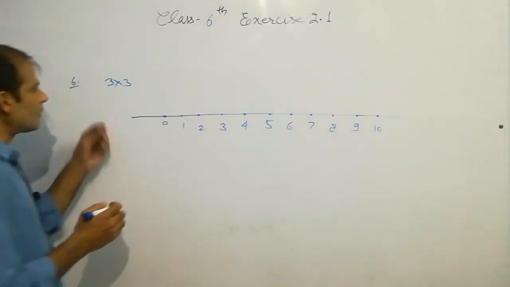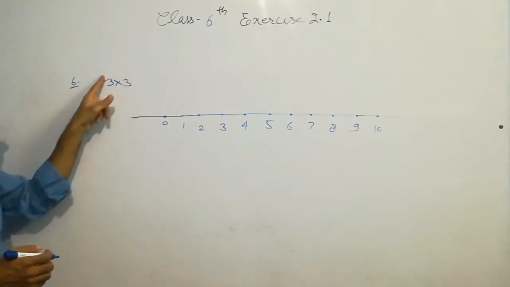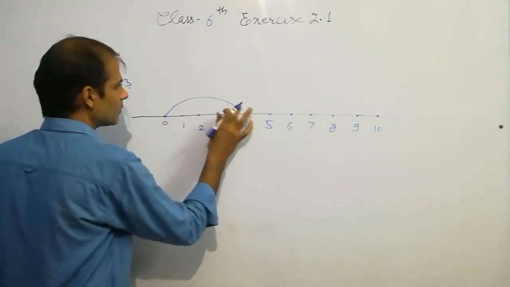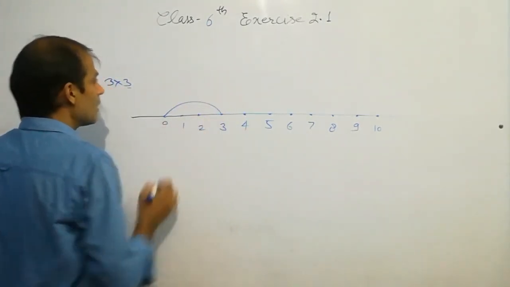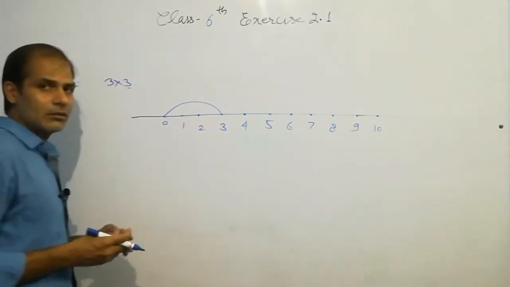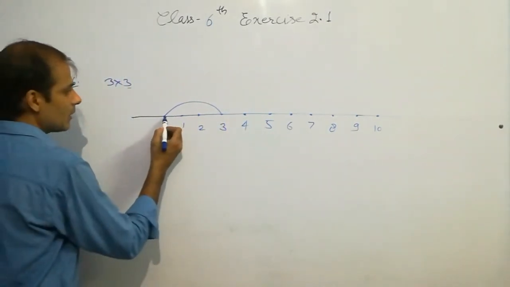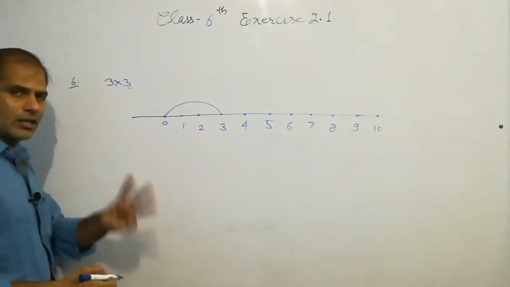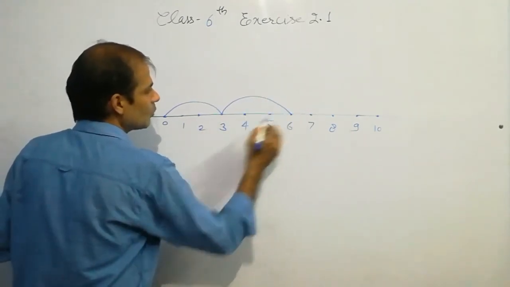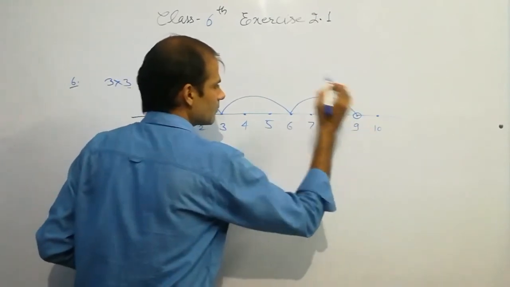So first you have to notice the second number, means it is multiplied by 3. So this number is 3. It means you have to reach up to 3. Then 3 is repeated 3 times. It means you have to repeat the distance of 3 units 3 times. As you can see, ये जो 0 से 3 तक 3 यूनिट्स की डिस्टेंस होती है, इसको आपको रिपीट करना है. So same thing you have to repeat, 1 2 3. This is 2 times and 1 2 3. This is 3 times and the answer is 9.